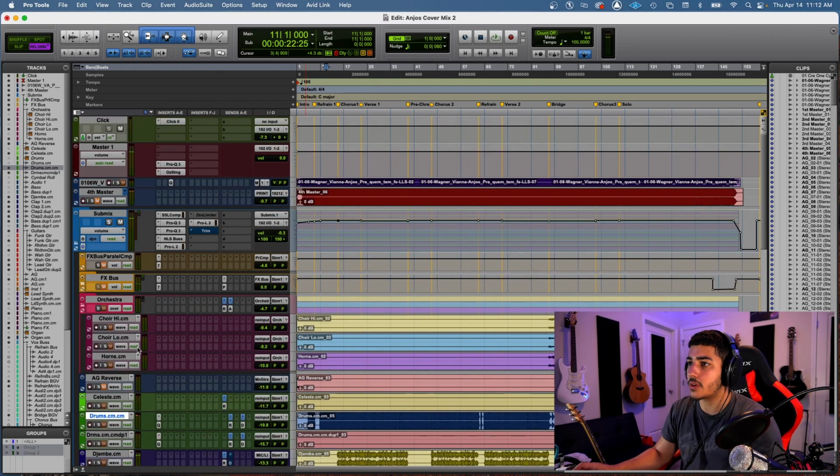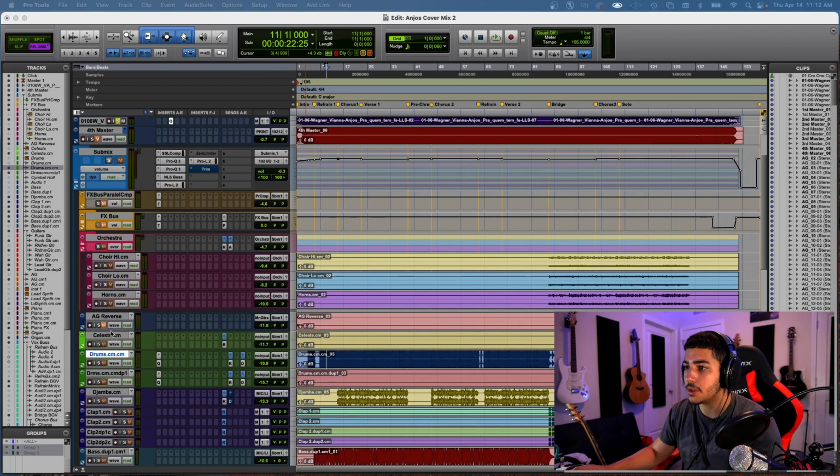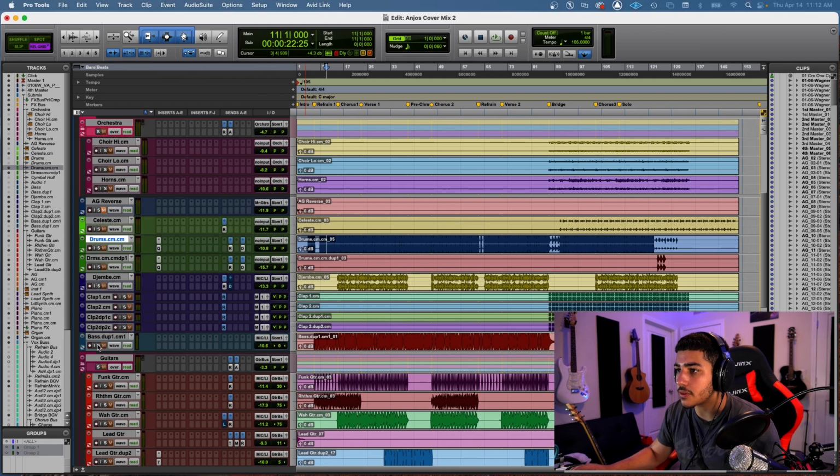Now the bass, you can hear I'm kind of playing these eighth notes. On the original, I believe they're playing quarter notes, so a slightly different feel. Let's see if we can A-B them here really quick. It's not gonna be too fast, but